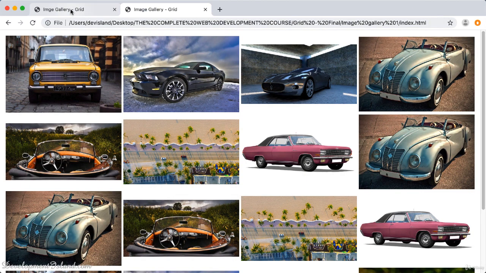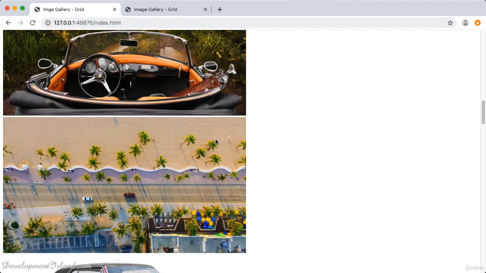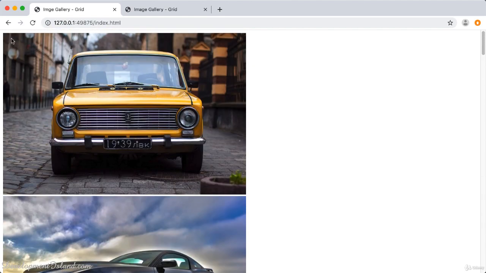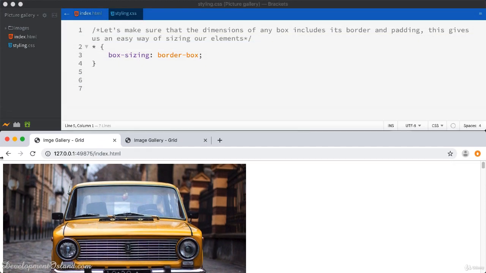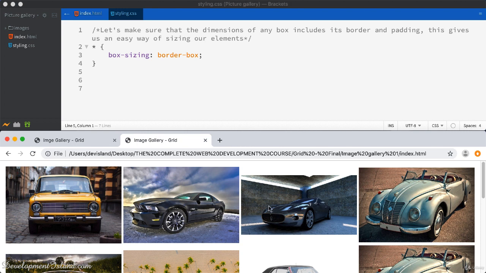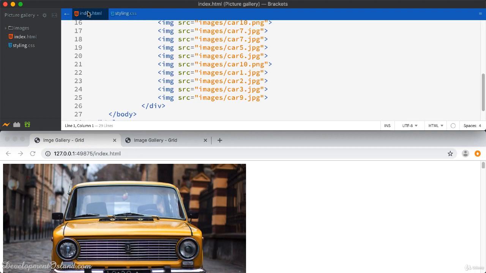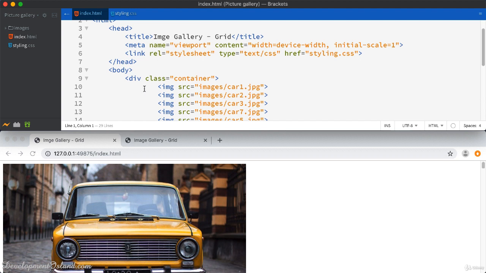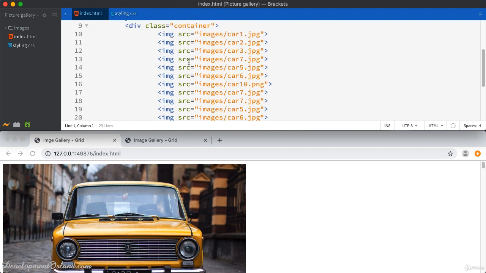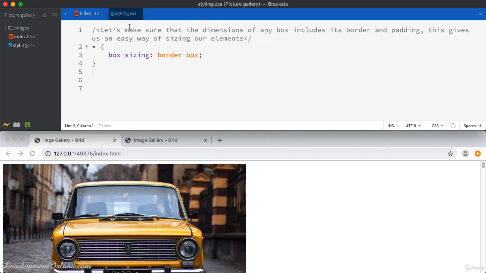So here is your starting design. All you need to do is apply the grid properties to your elements so that you reach the final design. So let's go ahead and do this. At the moment we've got a div of class container containing all the images. At the moment we don't have any styling,